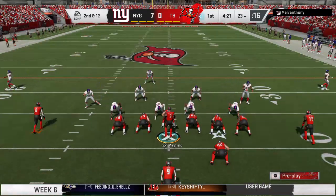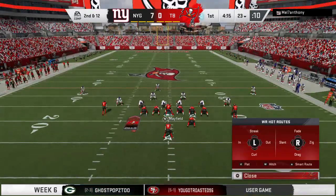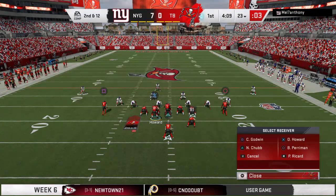First play of the drive goes the wrong way. Here's 2nd and 12. Let's go. Let's get this ball back for the offense. Let's go. Mike, check. Hurry. Hey, let's get that ball, D. Let's get that ball right